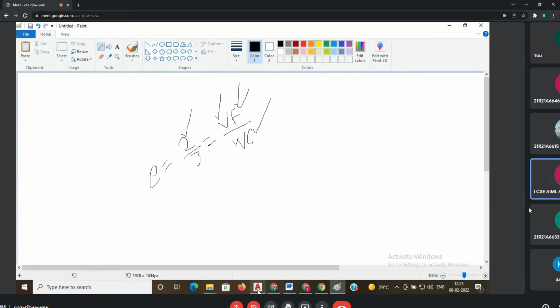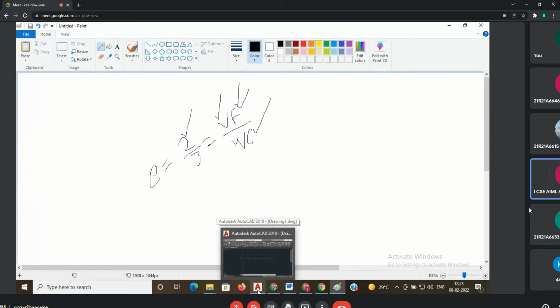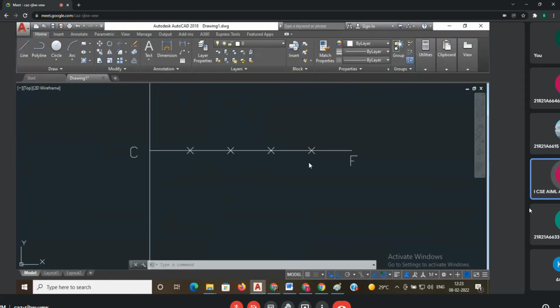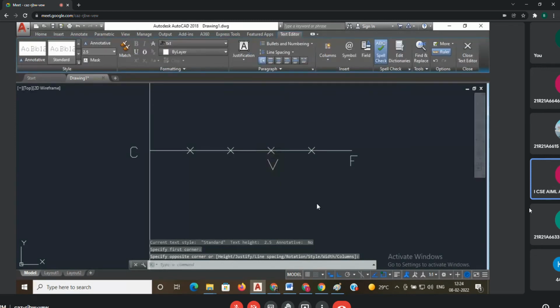That's why don't forget this formula. This is the main point. This is the main key point in our entire diagram. If you miss it, suppose instead of 2 by 3, if you take 3 by 2, it will be a hyperbola. Okay. Now two divisions from the focus, 1 and 2. Here I am having the vertex point. This is my vertex.